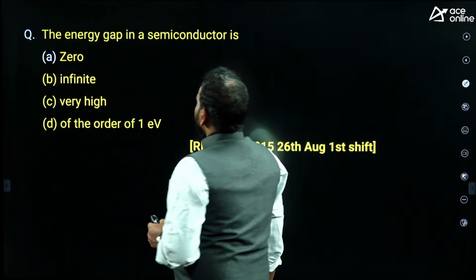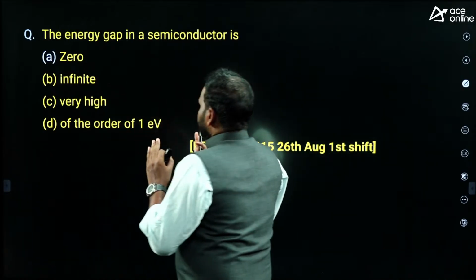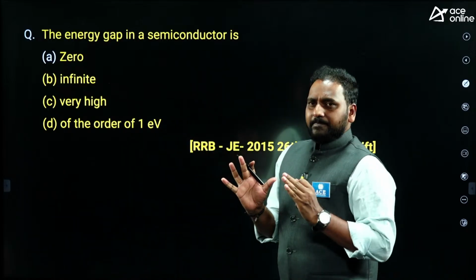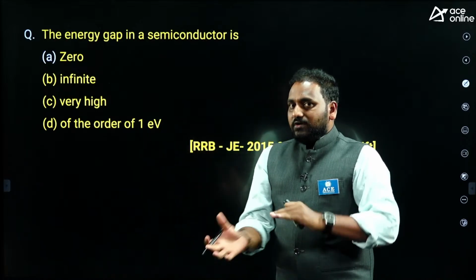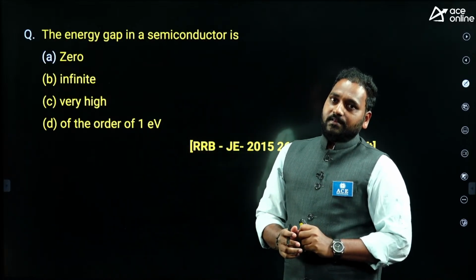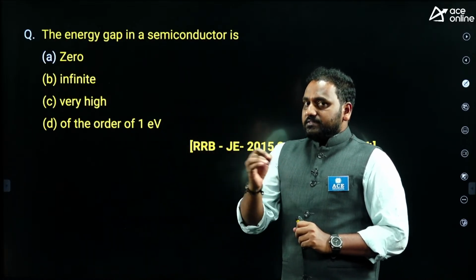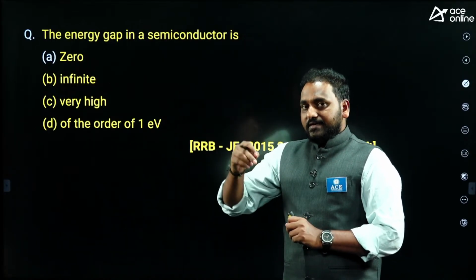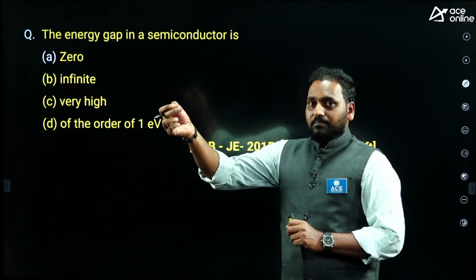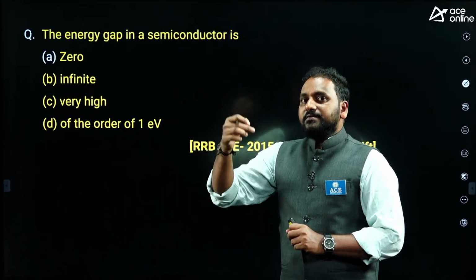The energy gap in semiconductors. If you remember this topic, based on the Eg value, materials are classified, which we started in the lecture: insulators, conductors and semiconductors. Conductors have Eg nearly 0 and insulators 5 and above, but semiconductors are in between,